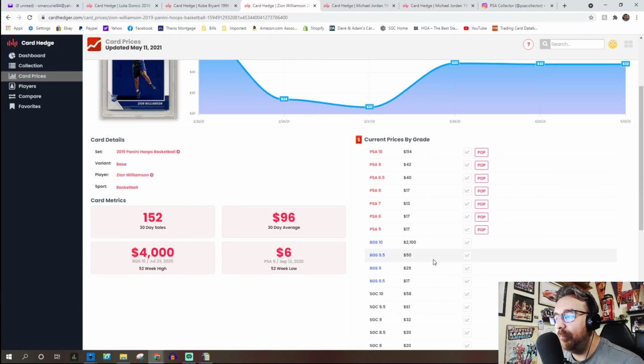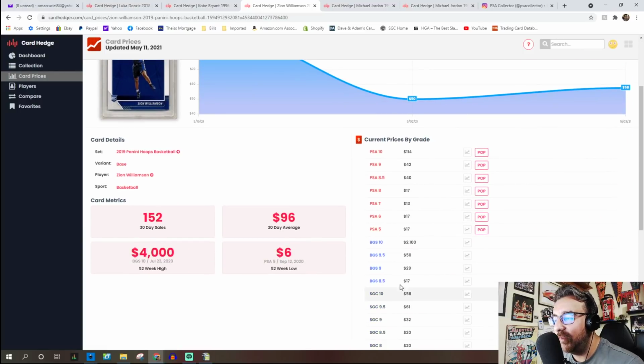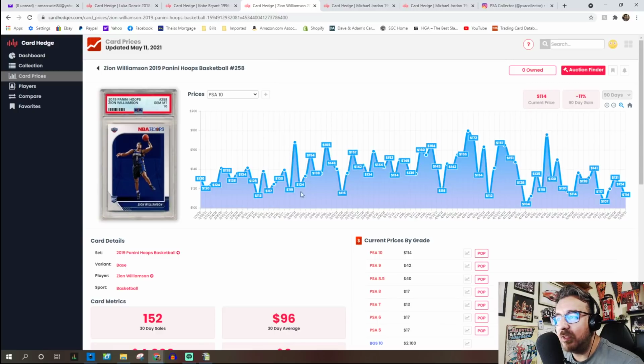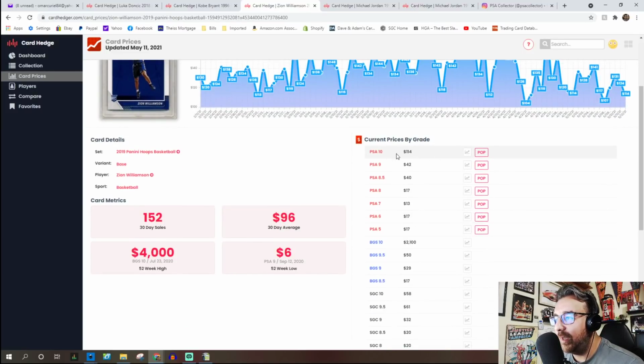So again, if we're talking about resale value, we're talking about a PSA 10 in comparison to an SGC 10. Well, obviously we're going to have some differences there. SGC 10s, not very many of them are selling. PSA 10s, obviously we got a bunch, and it's all over the place, right? That is the creme de la creme when it comes to having and wanting the best card possible. But I just think comparing the two is